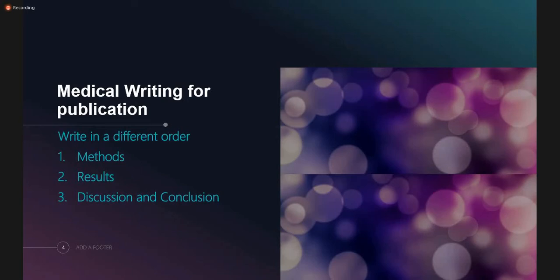Why? Because you already have written it for the IRB process, or at the time of proposal submission. So because you know the introduction and background, you write the discussion and conclusion based on whatever background you have in your mind. Once it is done,